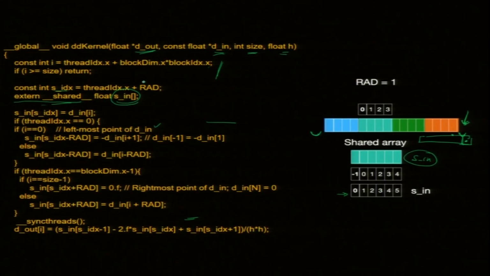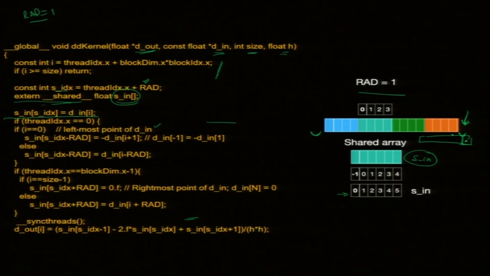So, when you renumber them, I am adding RAD, and RAD has been defined earlier, RAD equal to 1. So, minus 1 becomes 0 and everything is shifted to the right. Well, we need it because that is the syntax of C. So, I need to copy my array A into Sn, the shared location.